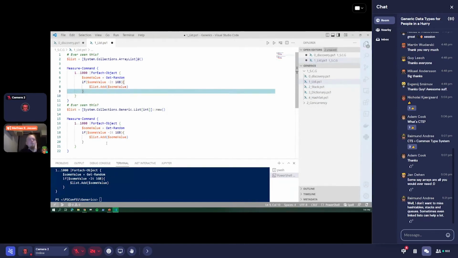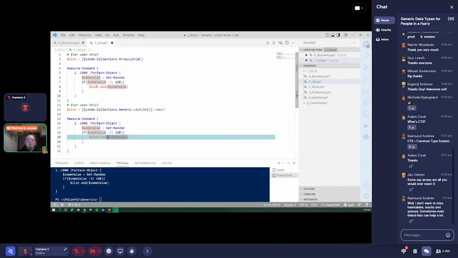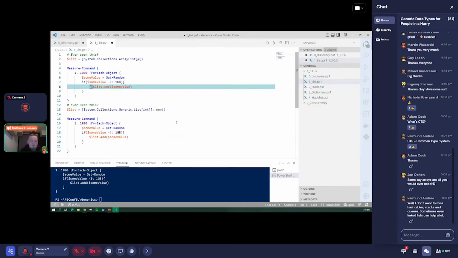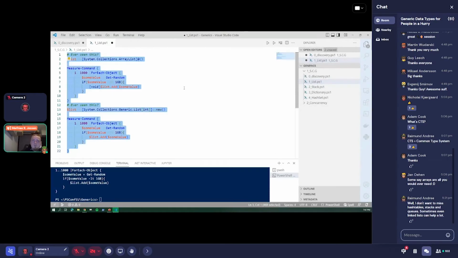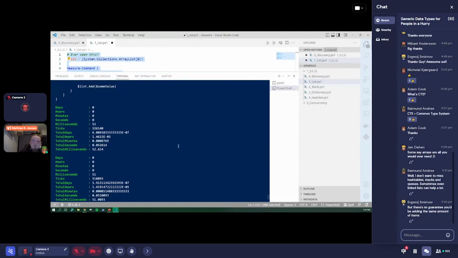We don't need to worry about the output right now because measure command is going to swallow it all. But for, again, correctness, the thing we optimize for first, you would have to either void cast or pipe it to out null or redirect it to the null variable or something like that, right? So let's just do this again. And so if we run both of these and try to measure what's going on, we see that they have pretty